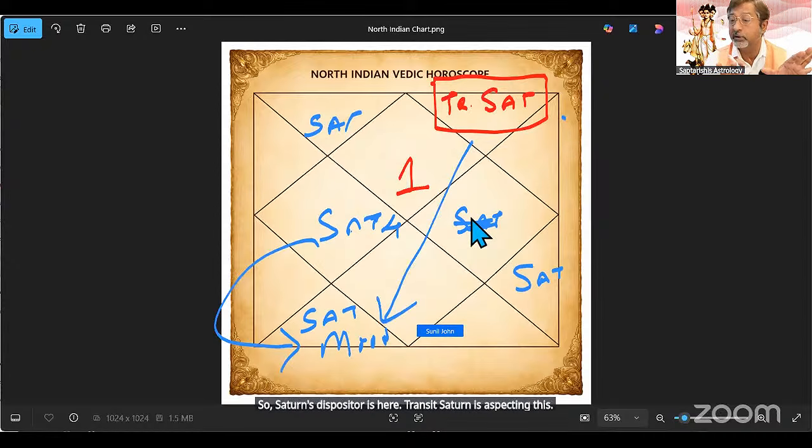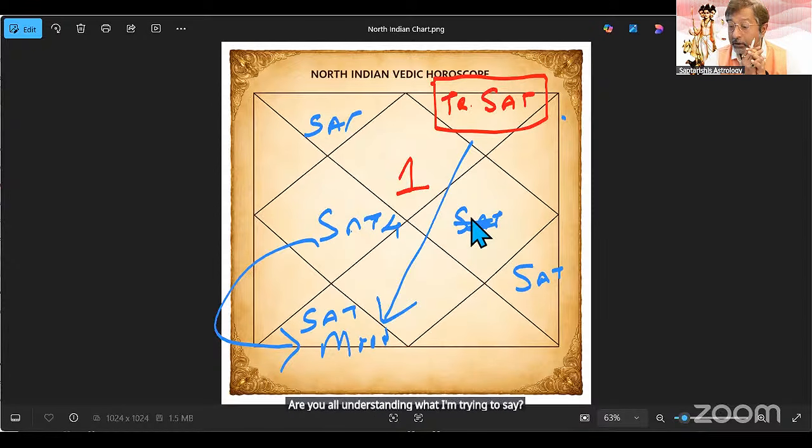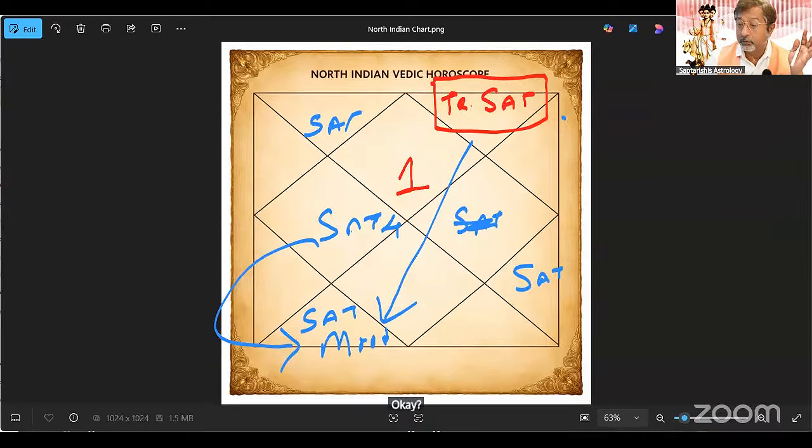This is the mistake everybody makes. Are you all understanding what I'm trying to say? Okay, everybody with me? Simi Jain, Shraddha, Asta Malhotra, Purva Patel, Pragya Ji, Manjeet, Sudipta, nice, Neela. This is the mistake everybody makes. They only see, I'll repeat,